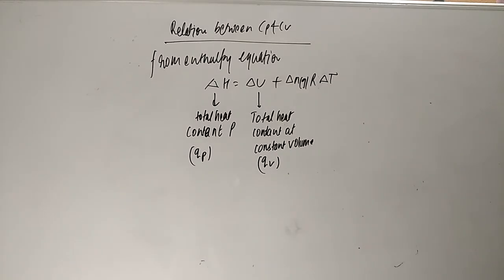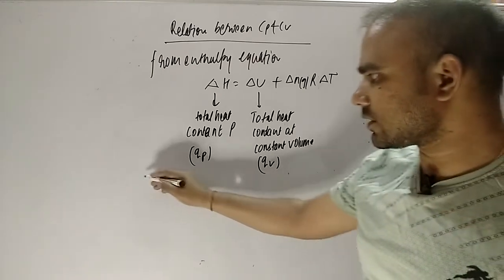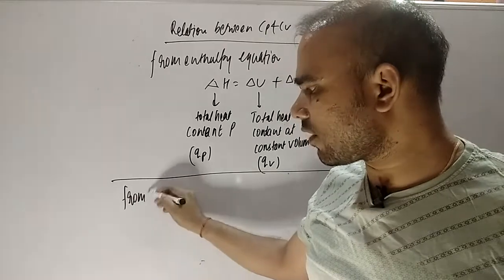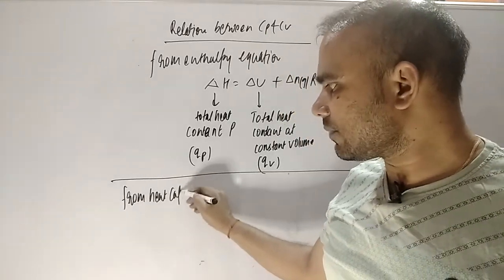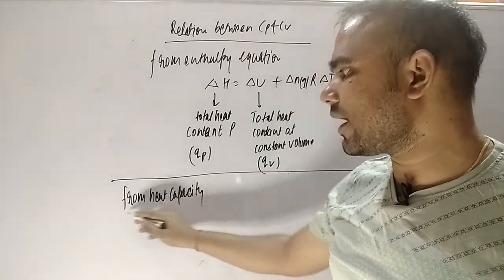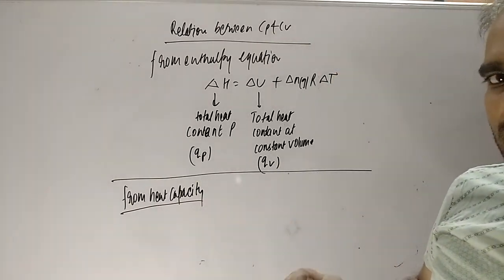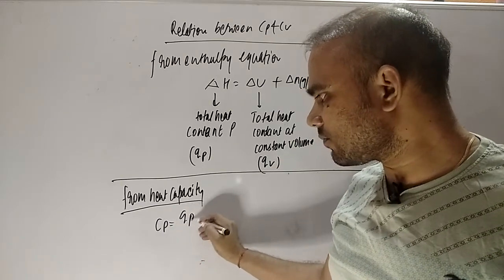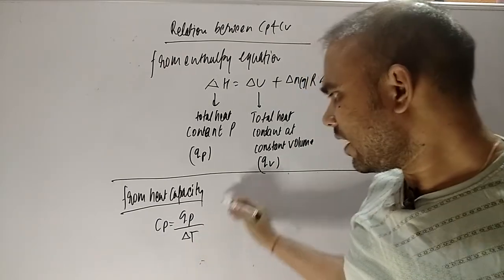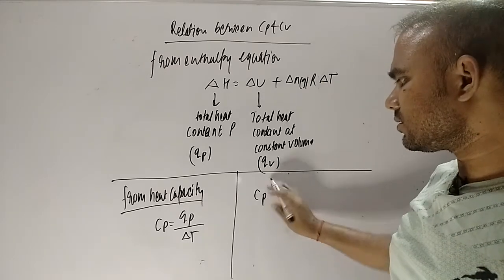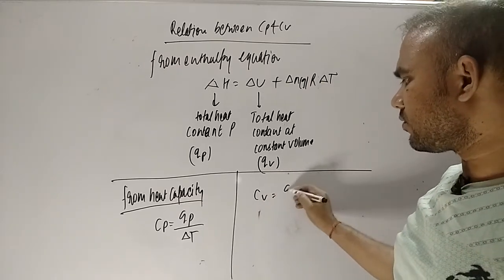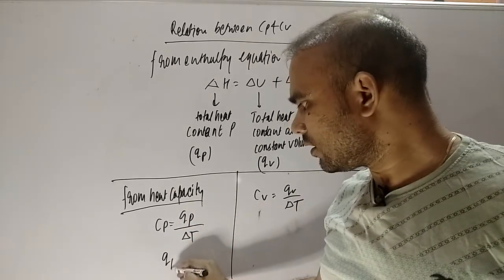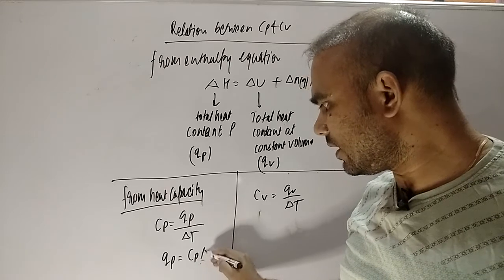How can you get the value of QP and QV? From heat capacity. Heat capacity means the amount of heat required to increase the temperature of 1 mole of substance by 1 degree Celsius. So Cp is equal to QP upon delta T, and Cv is equal to QV upon delta T. So QP will be Cp delta T,